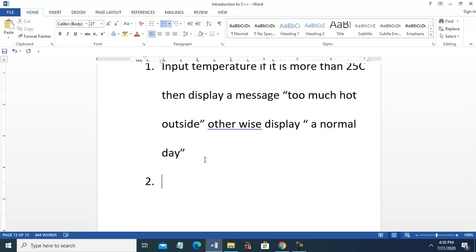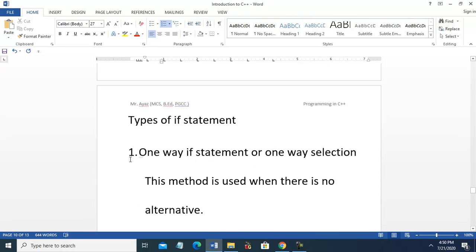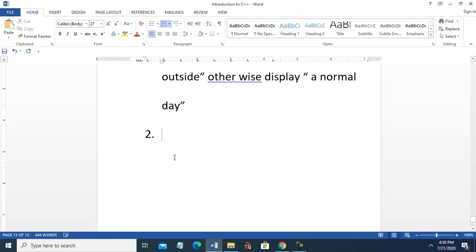Now the second type of if statement: the alternative if statement, or we call it the if else statement. Alternative if statement or if else statement.